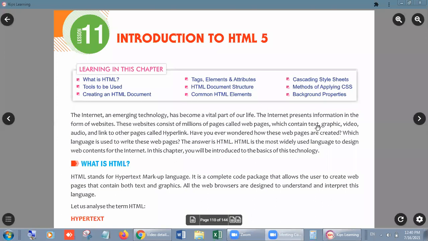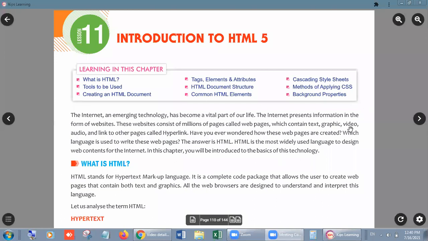Number one, text. What is text? Whatever you type with the help of keyboard is called text. Number two, graphics. Graphics means any photograph, just like you can see on the screen that lesson 11 is in a circle, and some more graphics, just like when you click on the start button, then many options will open in front of you. All these buttons or all these options are graphics, right?